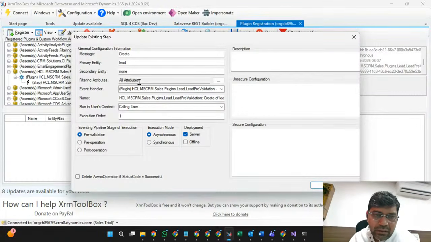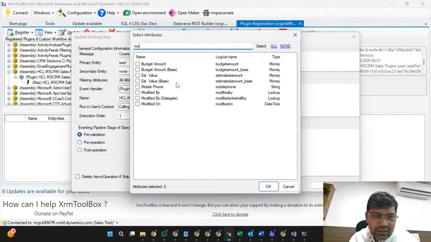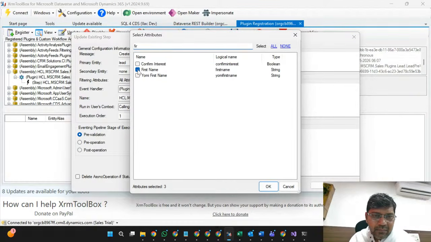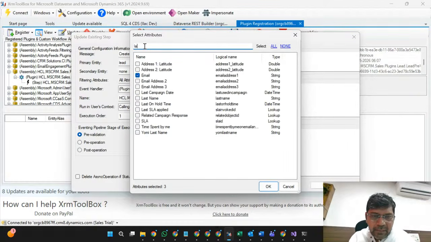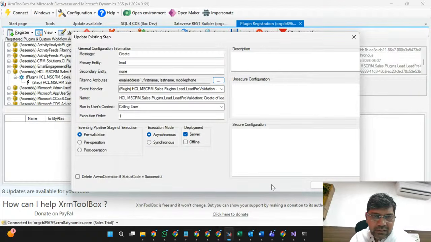And what is the benefit here? Filtering attribute should not be all here, because we have utilized in our code mobile number, email address, first name, last name, right?